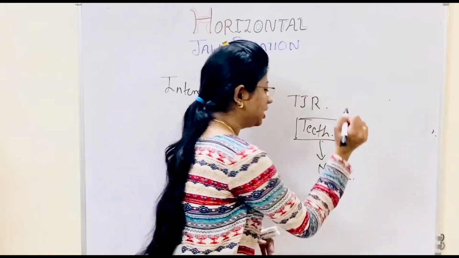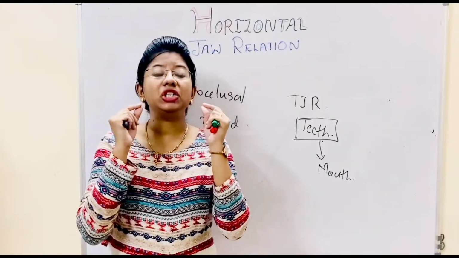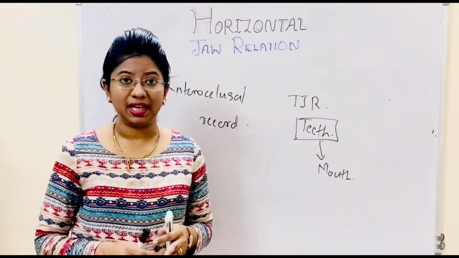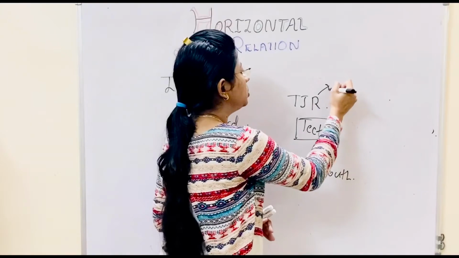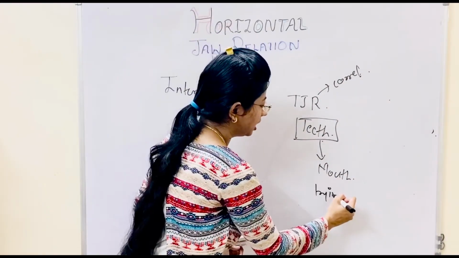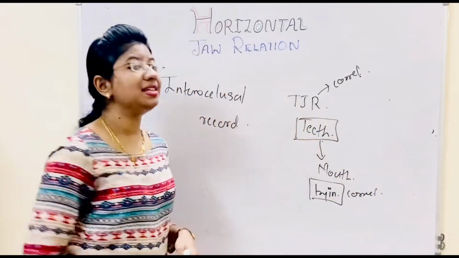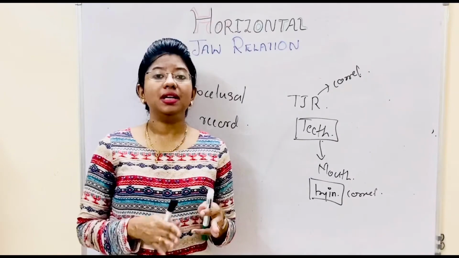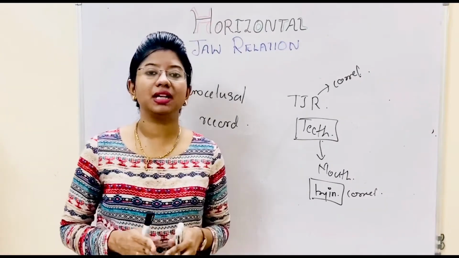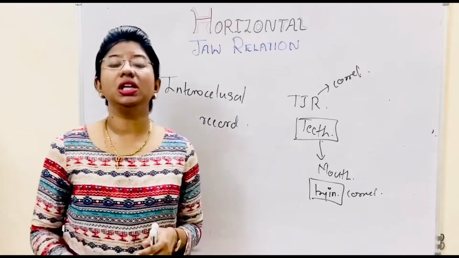And you again place a bite of Aluwax inside the patient's mouth and ask the patient to close in centric. If your tentative jaw relation is correct, then your trial procedure in which you have arranged the teeth will be correct. So it is a method to record the centric relation, or you can say to check whether your jaw relation was correct or not. That's why it is also called check bite interocclusal record.